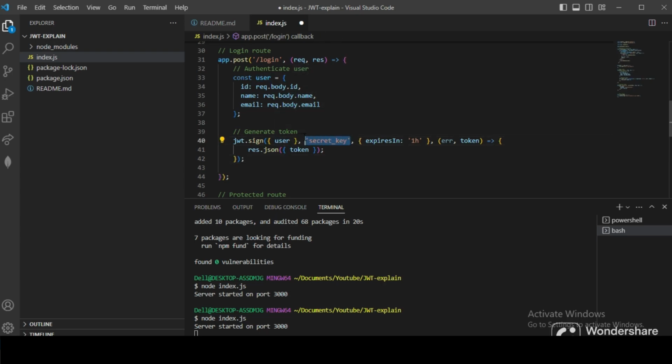It takes in a secret key. For now, I have passed a secret key string. It can be any value. And this is one of the important things which needs to be stored secretly, and by this we can take in our